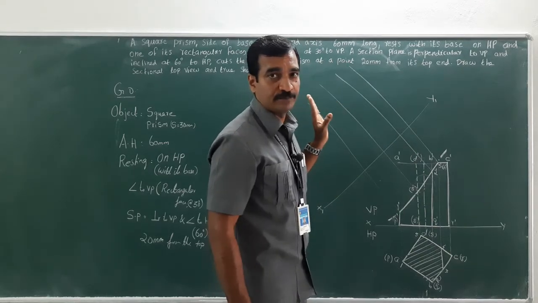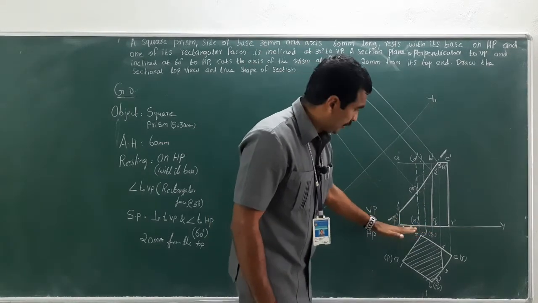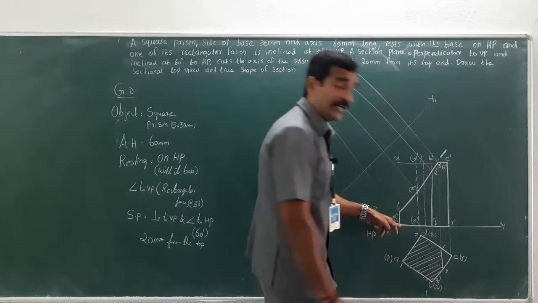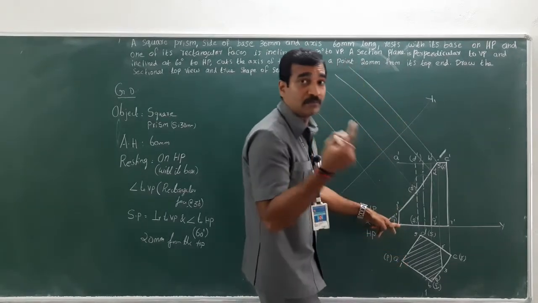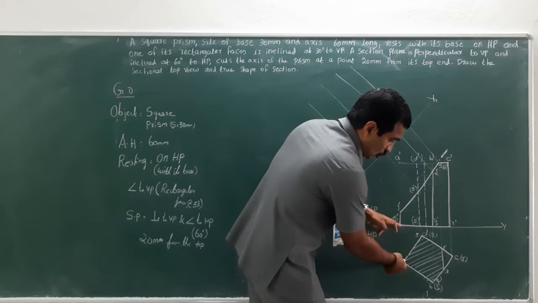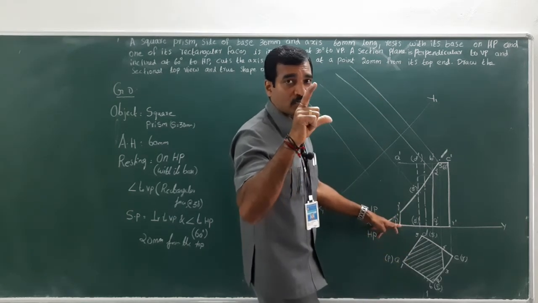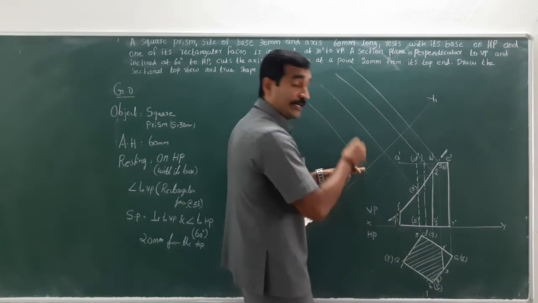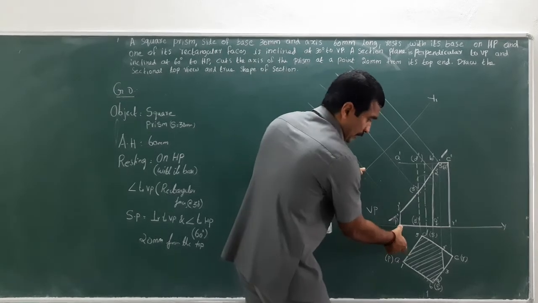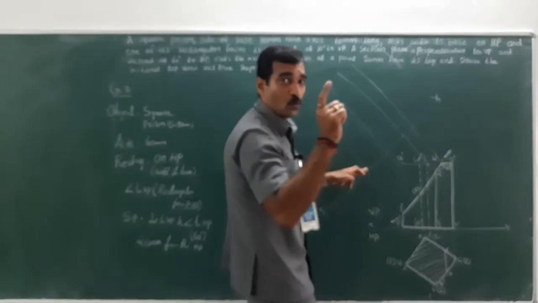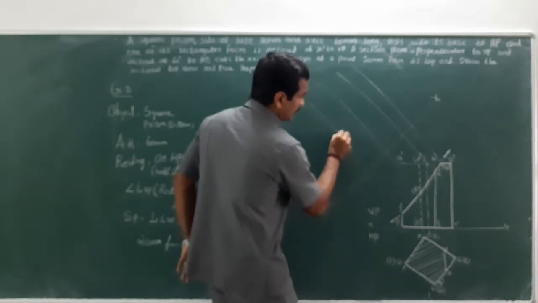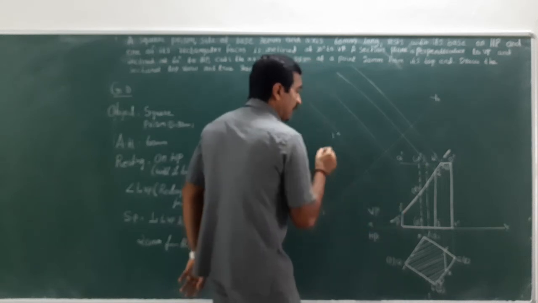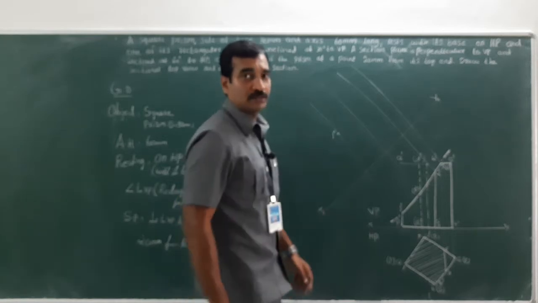Now what I have to do is, I have to transfer some information from the sectional top view to the true shape of the section. So this is the old reference line. This is the new reference line, right? Now measuring from the reference line to the newly formed corners, that is from reference line to 1. Take the measurement in your compass, and where it is intersecting, here, look at here, on the newly formed reference line. So you have measured from the reference line to 1. So from here, cut an arc. This is the newly formed one. You give the marking 1 dash. In order to differentiate, you put 1 double dash.